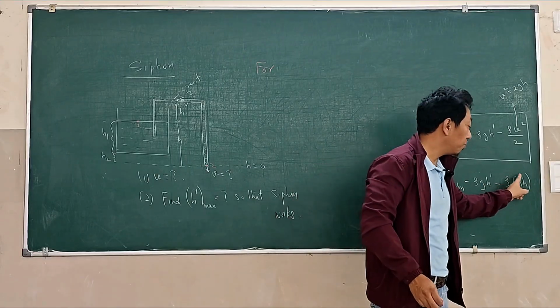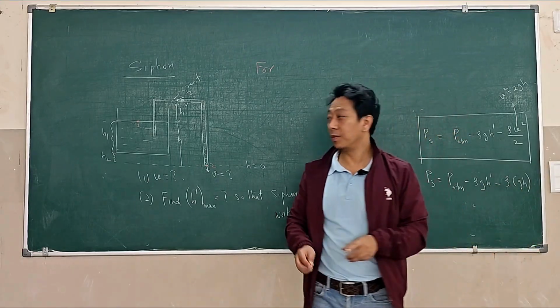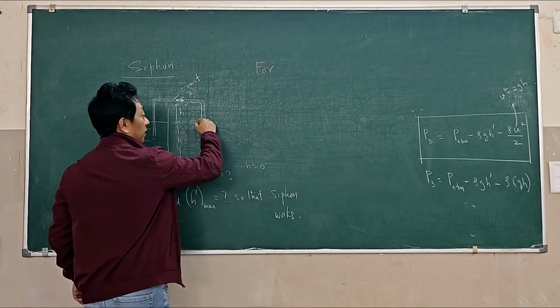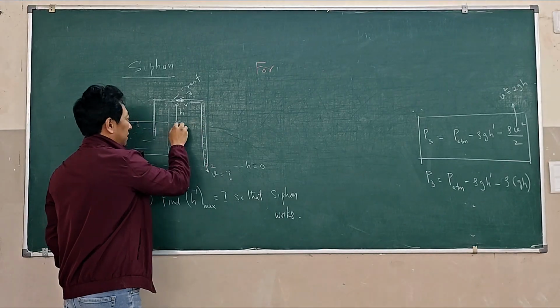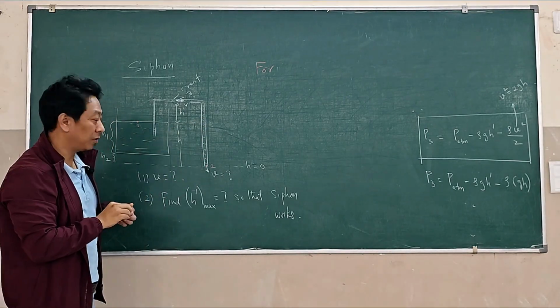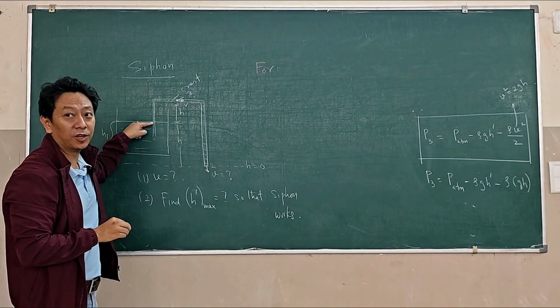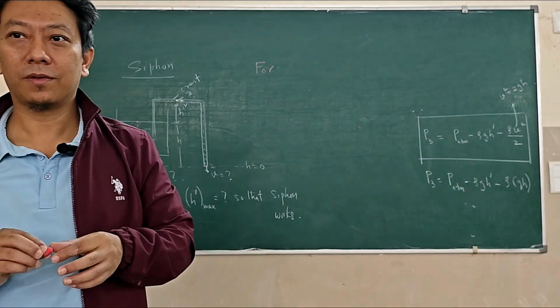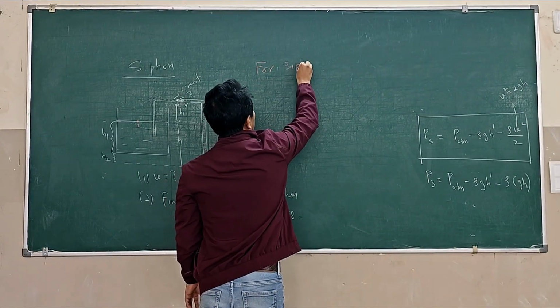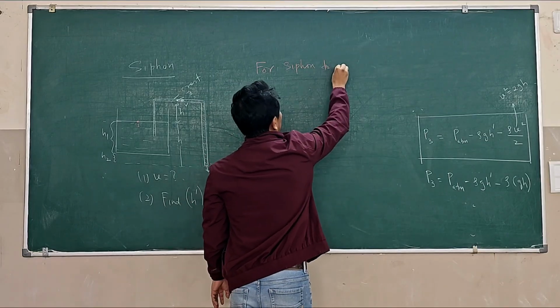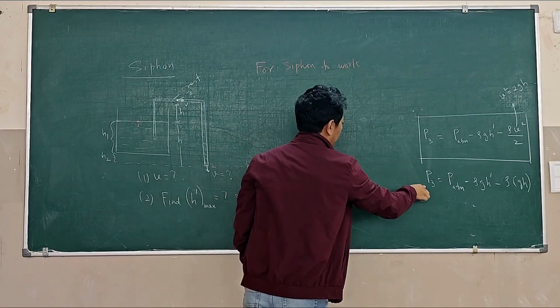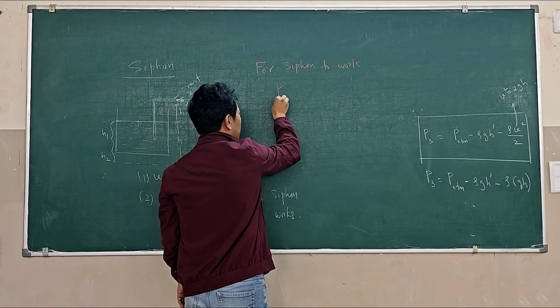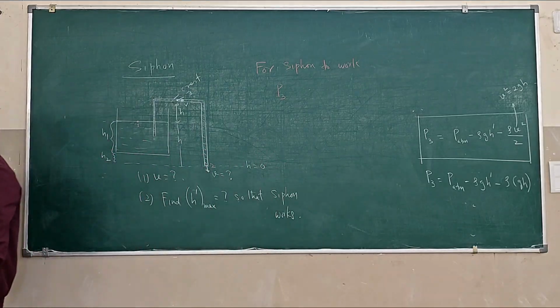However, how much minimum you can make this? Minimum you can make this up to here, slightly below this, I know. This point should be below this point, I told. So H can be minimum how much? 0. For this particular siphon to work, this pressure P3 should be greater than the vapor